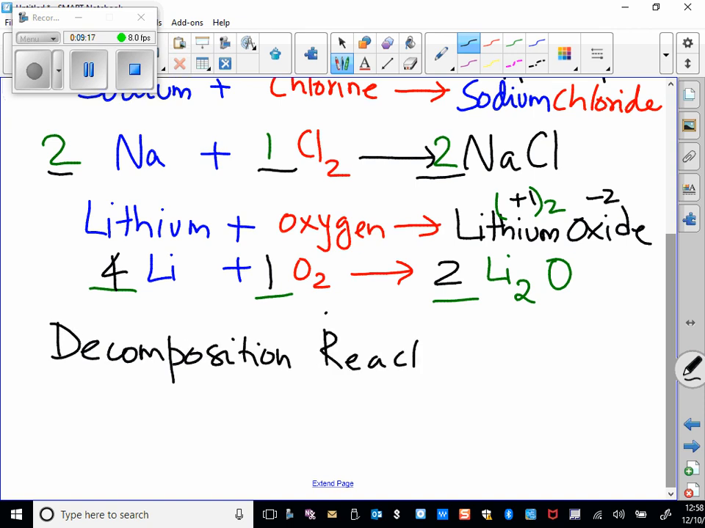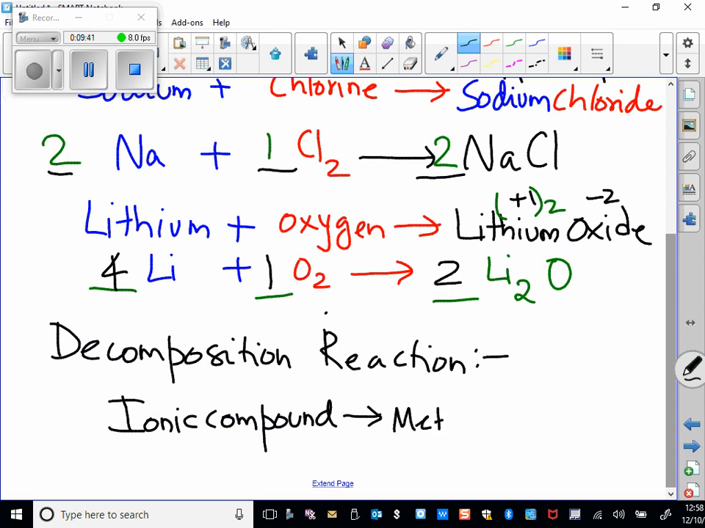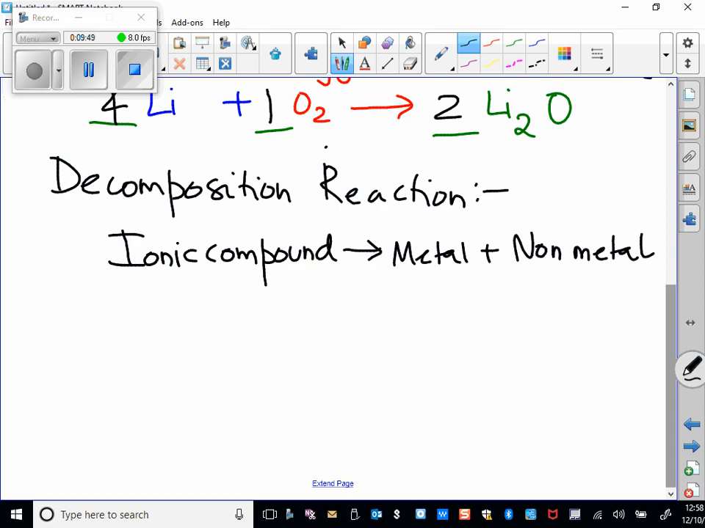Now, again, there are a couple of different types of decomposition reaction, but we are going to stick to the simplest of them, which is that an ionic compound will break down into a metal plus a non-metal. Are we good? So if they give you the first reaction under decomposition,